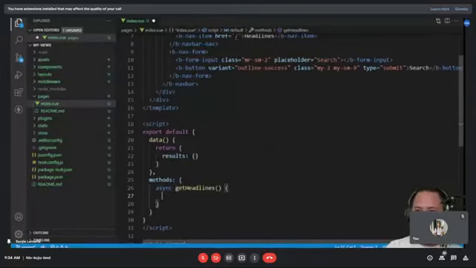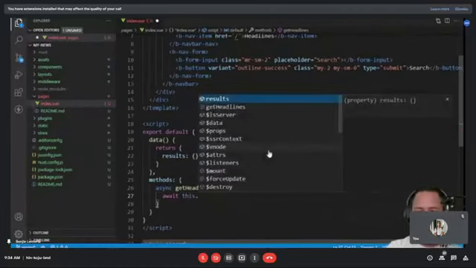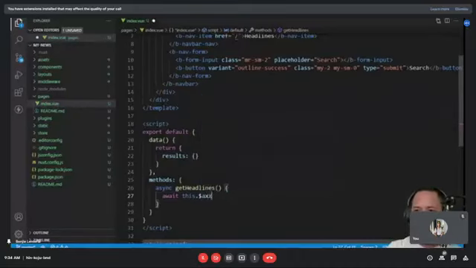And so that we can use the await keyword when we use the Axios, which is exactly what we need to write here next. So we do await this. The way you call Axios is this dot dollar Axios, and then we do get. We'll be doing a get request, and here we write our